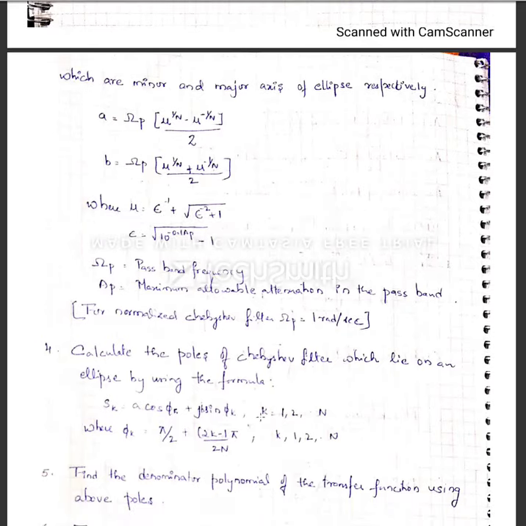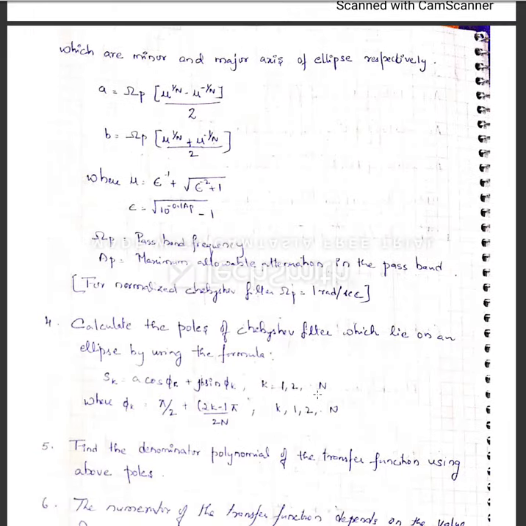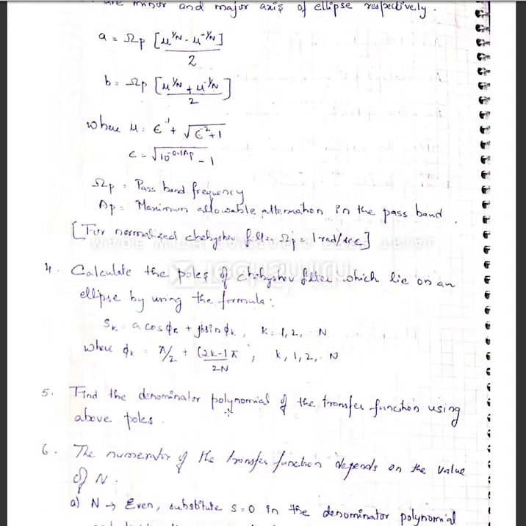Now, one thing you have to take care of is that in the Butterworth filter we started k from 0 to n minus 1, whereas here k will be from 1 to n. Now phi k will be pi by 2 plus (2k minus 1) pi by 2n, and there it was 2k plus 1, here it is 2k minus 1. Take care of it.